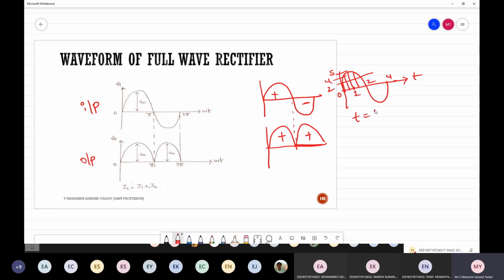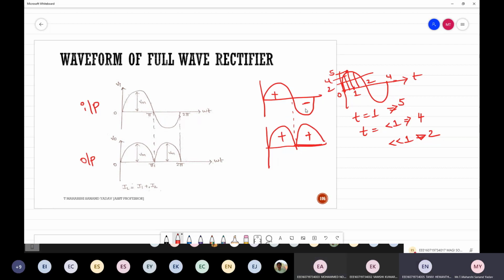So as this is half, I'm considering this portion as 1. At instant t equal to 1, what is the voltage? The maximum voltage is 5. In the same manner, at t which is less than 1, suppose, this will be approximately 4. And furthermore, if it is less than 1, the output will be 2. So what you can observe here, at each and every instant of time, the voltage is varying. Right or wrong?